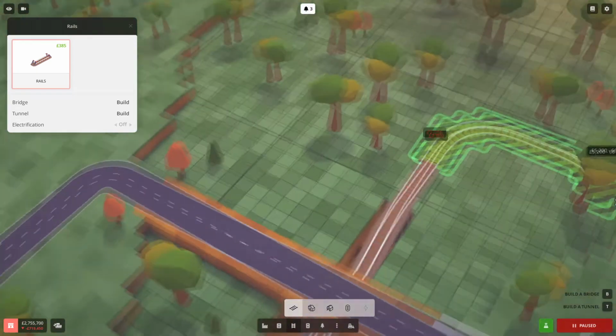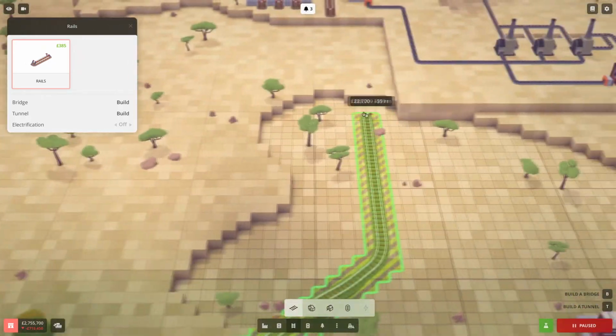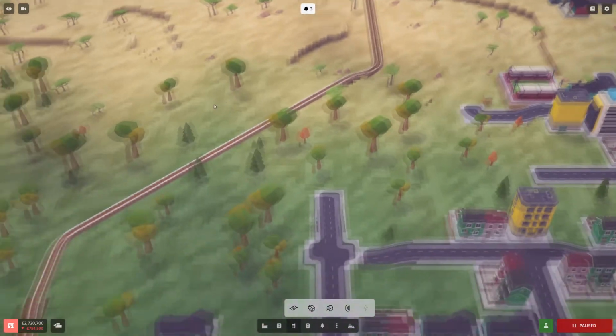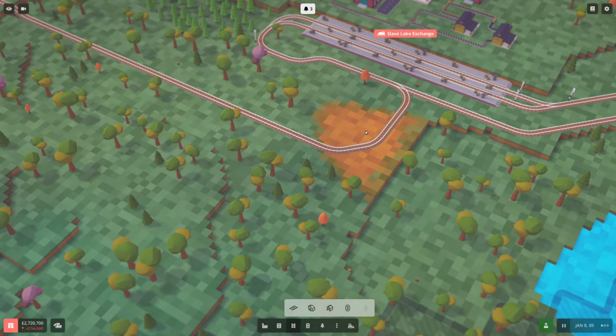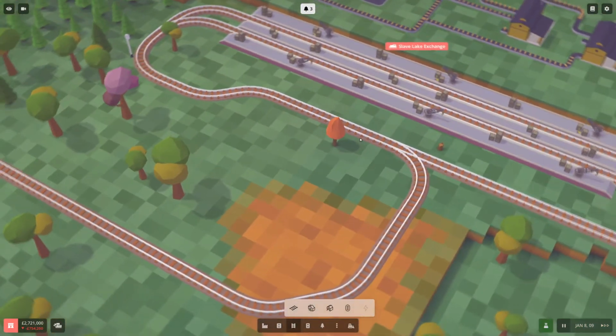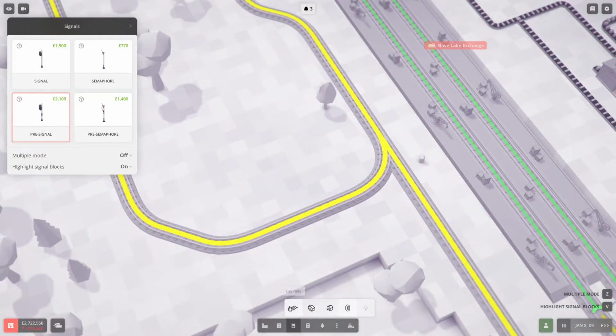You up to there. And put you to there. And I've now created my super track. And what I should be able to do now is just signal this up as a